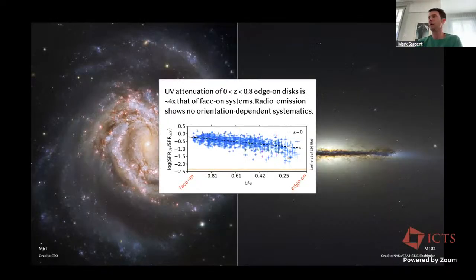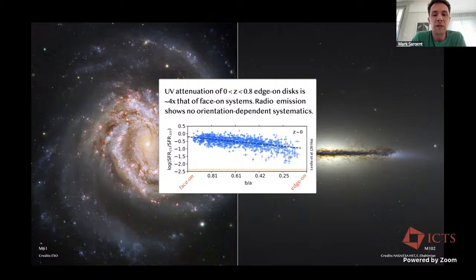So it is often stated, and I'm sure you've heard this statement made many times, that radio emission, by virtue of its long wavelength, is a dust-free tracer. And this is just another way of showing this, which you may not have seen as frequently as other representations. So in the background, you have a face-on galaxy on the left, a low redshift disk galaxy, and an edge-on disk galaxy on the right. And my collaborator, Sarah Leslie et al., with some of our colleagues a few years ago,